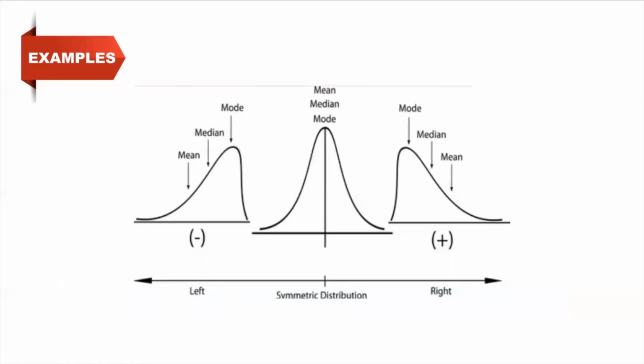Let us take one more example. As you can see, the first curve, which is a negative skew curve, is not a normal distribution curve because the mean, median, and mode are all different, and it is not symmetric toward the center, as the center will be this. And the second curve, which has mean, median, and mode all equal and is symmetric toward the center, is a normal distribution curve. And the third curve is a positive skewed curve, where mean, median, and mode are all different and it is not symmetric toward the center. So it is not a normal distribution curve.